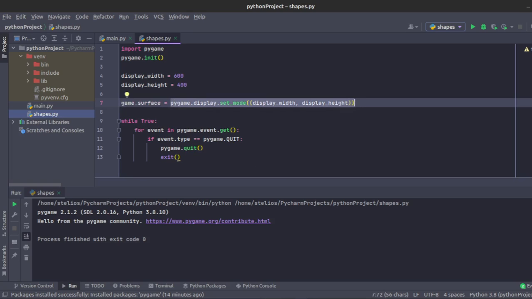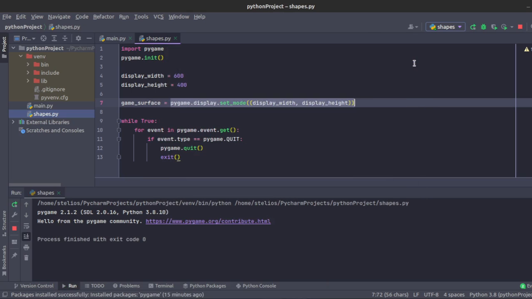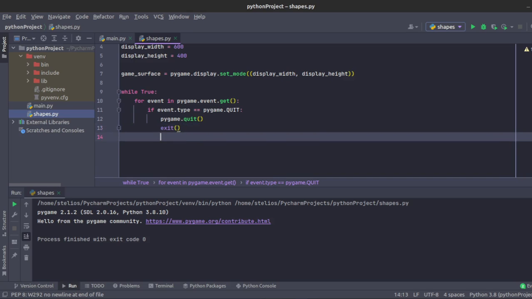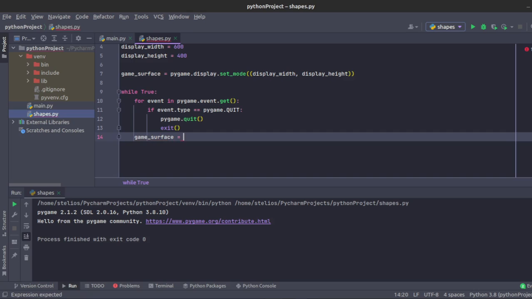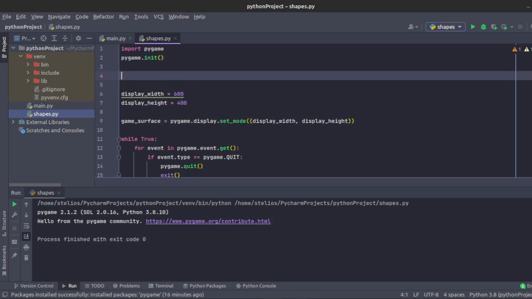So let's change the background color of our game. For now you can see that this is black. So let's change it to white. In order to change that, we need to use a function called fill, and this function can be applied to surface objects. So let's go under our for loop and type game surface, which is our surface object, dot fill, and inside of the parentheses we can just create some tuples. So let's create white